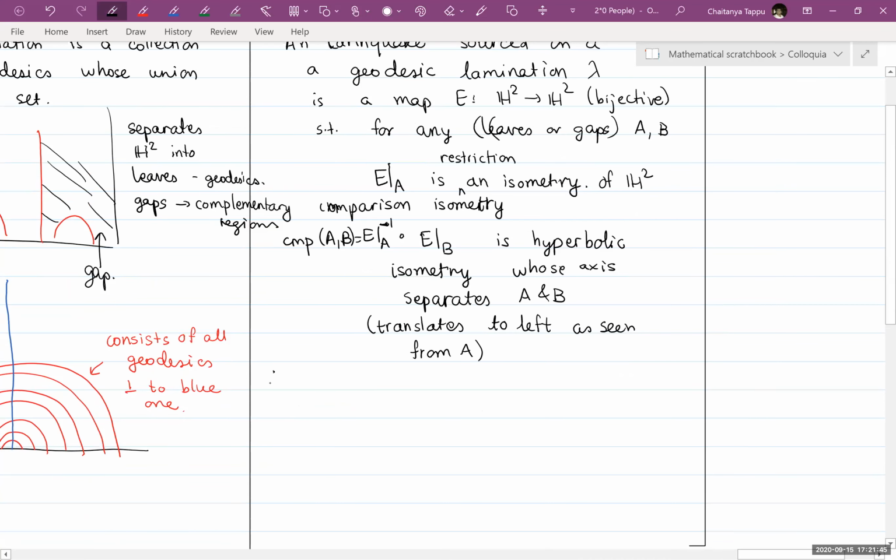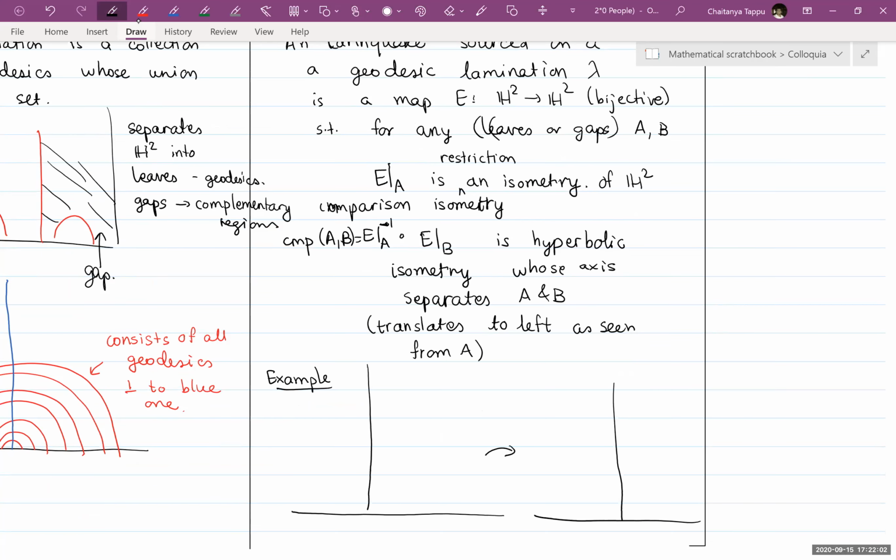So here's a simple example of an earthquake on the hyperbolic plane. If I take the geodesic lamination to just consist of a single vertical line, let's call that x equals 0. This is lambda. Lambda is the geodesic lamination. Then